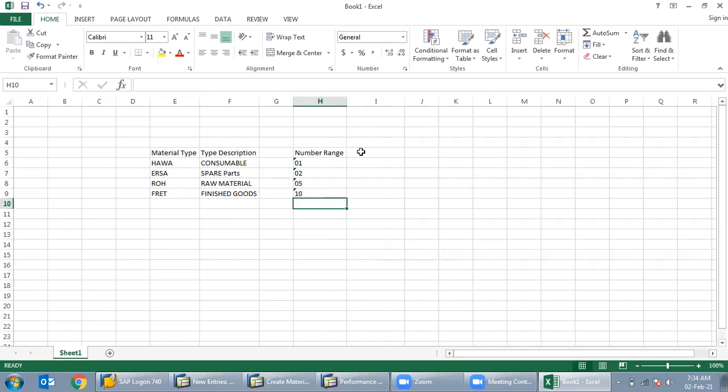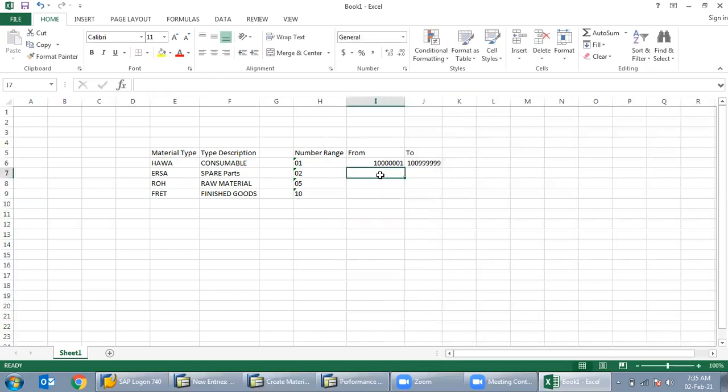And what are the number ranges? They define how the material will be created within these intervals, from and to. From-to means, suppose if we select HAWA material type while creating the material master, the number range 01 is assigned in the background, and the number will be created like 100001, 100002, up to 109999. Suppose 02 I have taken, then 200001 up to 209999.